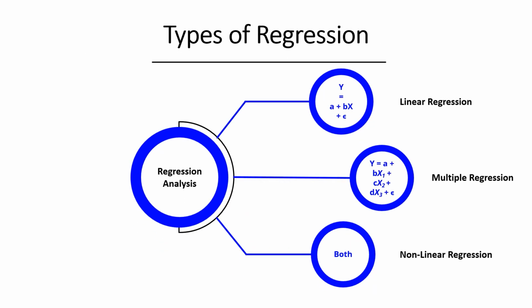Regression analysis includes several variations such as linear, multiple linear, and non-linear. The most common models are simple linear and multiple linear. Non-linear regression analysis is commonly used for complicated datasets in which the dependent and independent variables show a non-linear relationship. When a single independent variable is used, it is referred to as linear regression. When more than one independent variable is used in the model, it is called multiple regression. And non-linear regression is used when there is no linear trend found in the model.